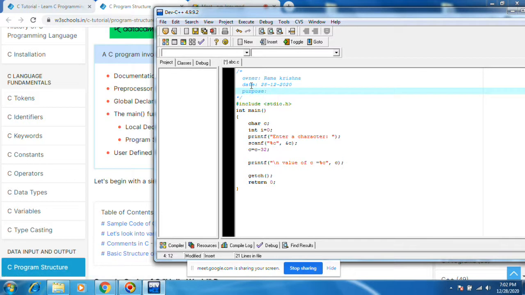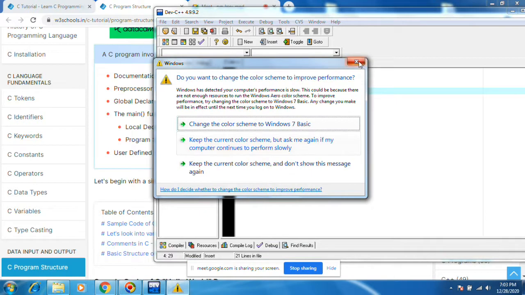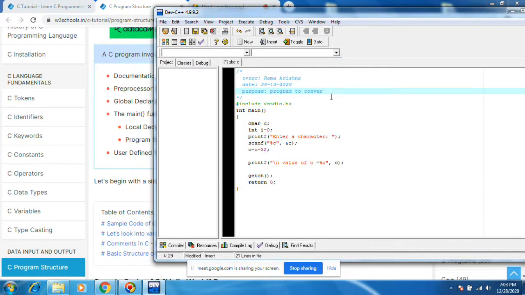What purpose are you writing? What does the code do? Program to convert lowercase to uppercase.